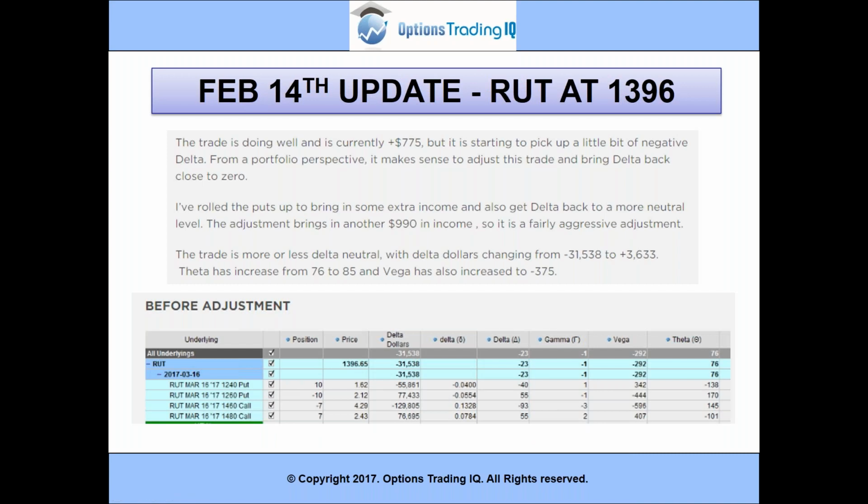Okay, fast forward another week. Trade's doing well and is currently up 775, but is starting to pick up a little bit of negative delta. From a portfolio perspective, it makes sense to adjust this trade and bring delta back close to zero. So what that means is, at the time,